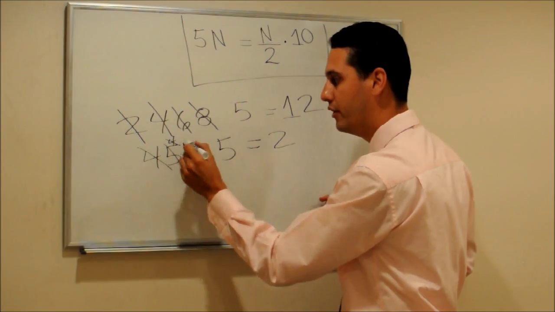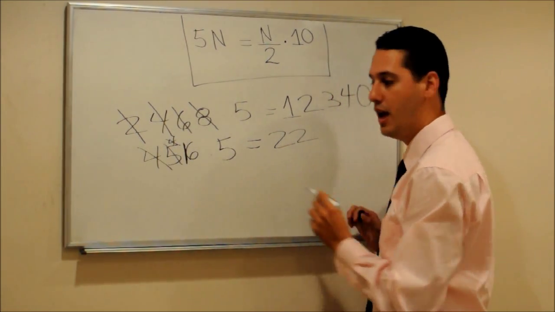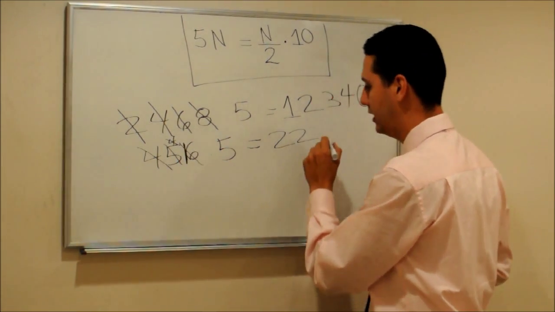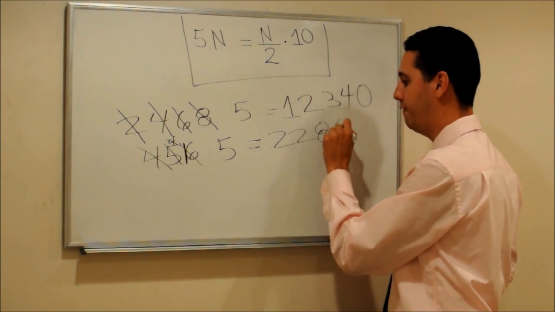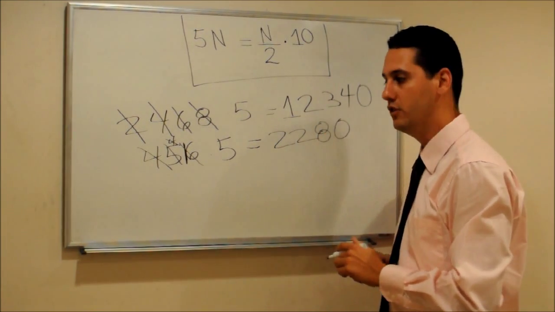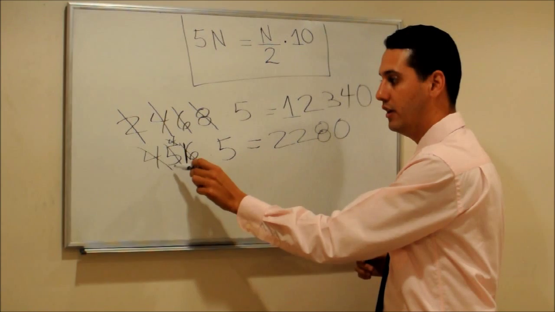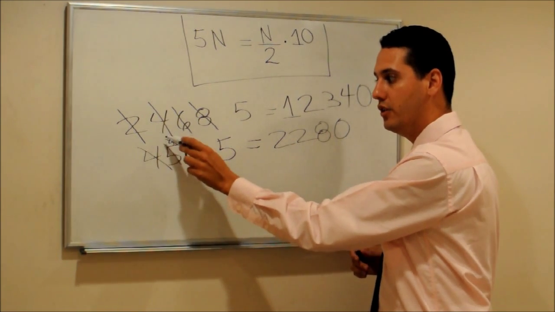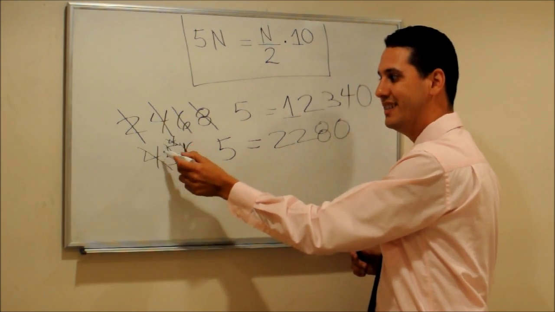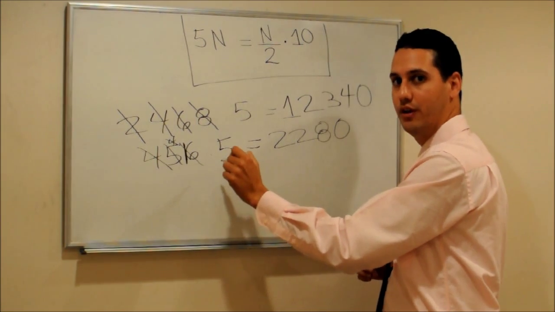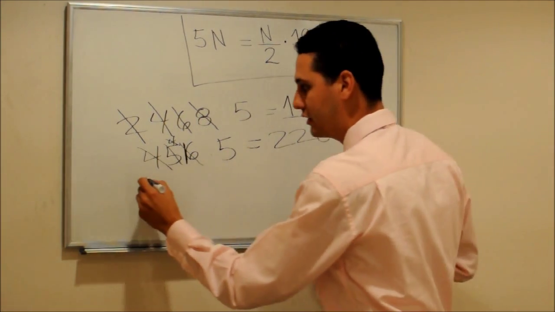Now, we do half of 4. What is half of 4? It's 2. And what is half of 16? It's 8. And then finally, we put the 0 at the end. Just remember this trick right here. Every time you have an odd digit, you subtract 1 and you add 10 to a neighbor. Okay? Let's do the hardest exercise. For example,